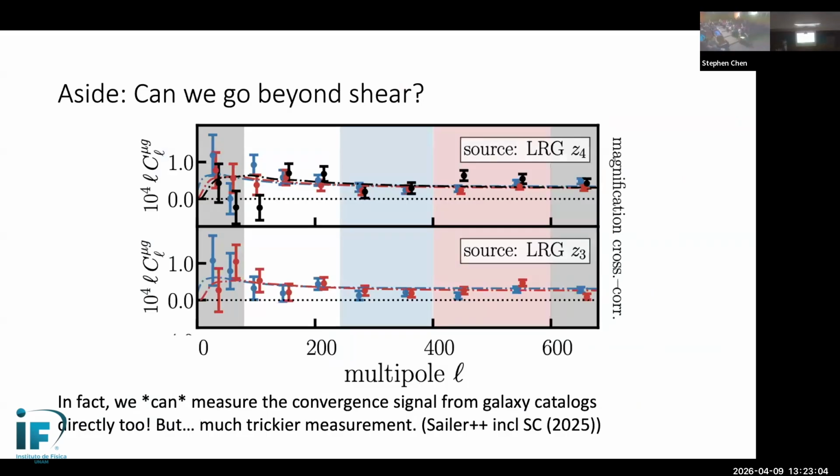Just as an aside, I'm going to be talking about cosmic shear through this spin-2 shear measurement, but it is also possible to do cosmology using convergence. We had this nice paper last year with Noah Sailer, where we measured the convergence power spectrum by cross-correlating with galaxies in the DESI survey, and you can see this convergence power spectrum very clearly. But this turned out to be a much trickier and much lower signal to noise measurement. It just shows that the very same lensing potential can also be probed through its spin-zero component in cross-correlation with galaxies. So it's not all made up. All these signals actually exist.